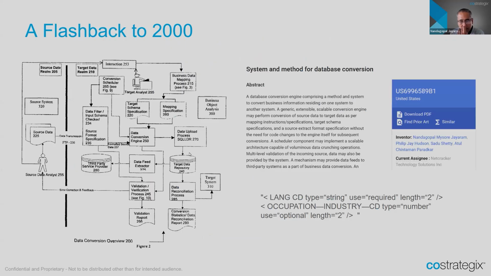This is actually a patent I have from my prior employer. It's not really mine, but it is public domain right now, so I think I can use it here. But I wrote all of this. It was a way to migrate systems without writing any piece of code. We had a meta model, and we would describe the target data set to match our source data set. We came up with our own way of depicting that and capturing a schema definition standard. We did that right at that point in time.